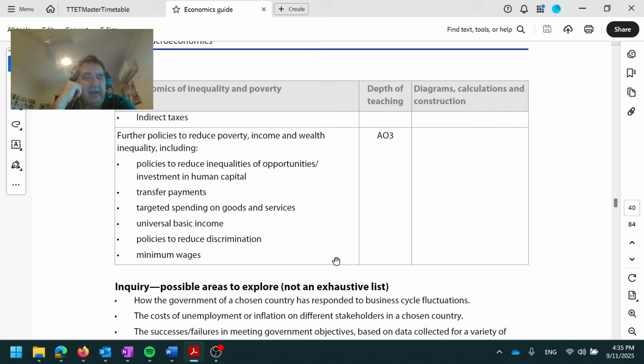So yeah, there can be targeted spending on goods and services. Especially, we know that's one of the strengths of fiscal policy too, that you can direct your spending to targeted groups of people who need it, rather than kind of spraying the money everywhere on people who may not necessarily need it. Universal basic income,